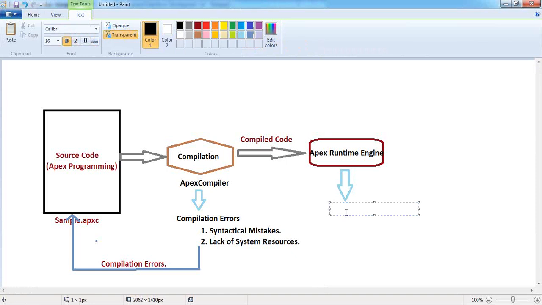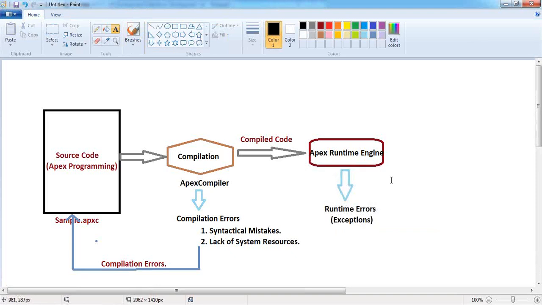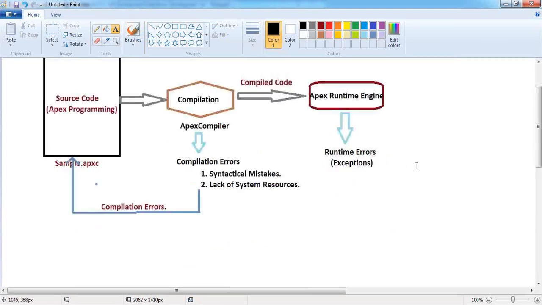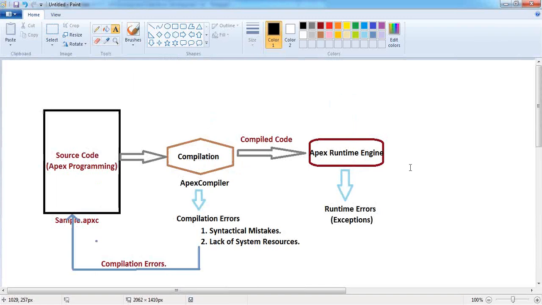These errors are called what? Runtime errors. Okay, runtime errors. Now, these runtime errors are also called exceptions. Simply, in one word, we can say exception is nothing but runtime error. Okay, runtime error. So upon executing your application code, whatever errors occur at runtime,